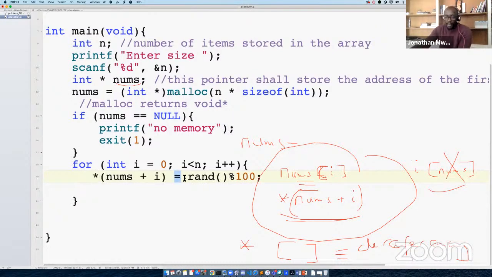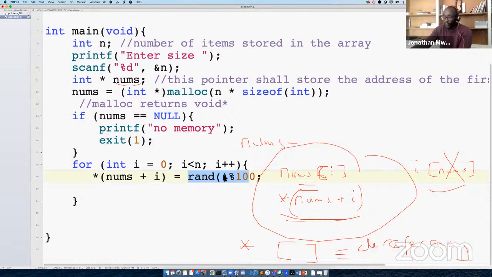Remember, the assignment operator has right-to-left association. So this will be computed first, and whatever value we get then gets assigned here. Basically, the rand function will be called and will get us an integer between 0 and 99, or between 0 and 100.